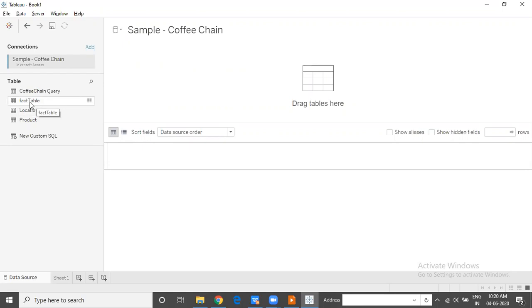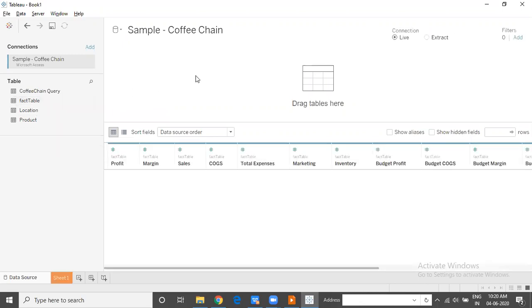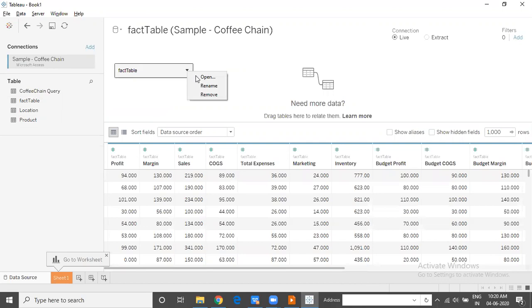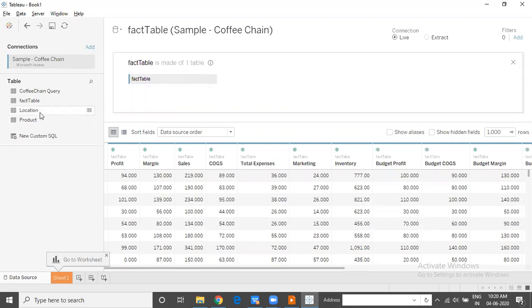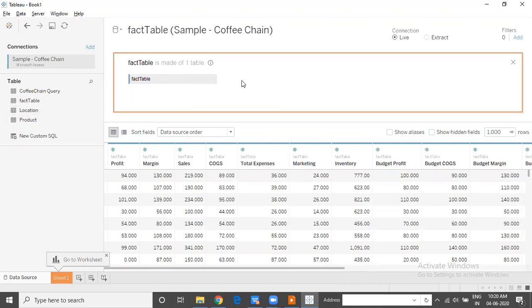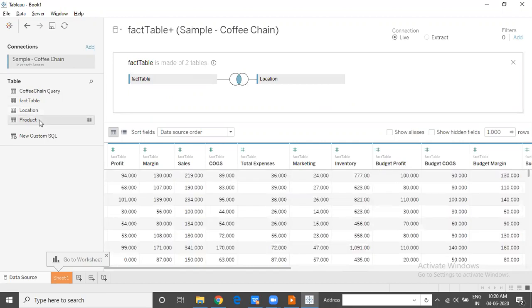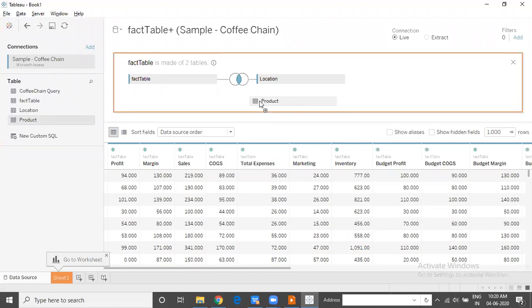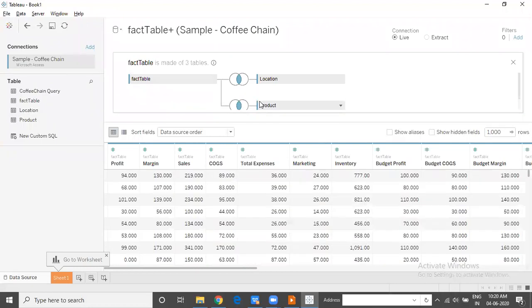I would like to use the data coming from fact table present in this data connection, and I will join it with the data coming from location table and further use the data from product table. So I am basically accessing the data from three different tables here: fact table, location table, and product table.